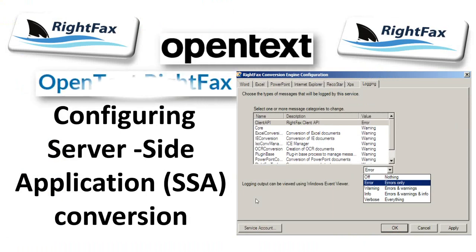And guys, in this video today we are going to learn about configuring server-side application, also known as SSA, and it is completely about configuring server-side application conversion. I spoke about it in my previous video also: what is conversion and why it is required? So in this video we'll see the complete chapter. One chapter is there for this, and I hope this video will give you